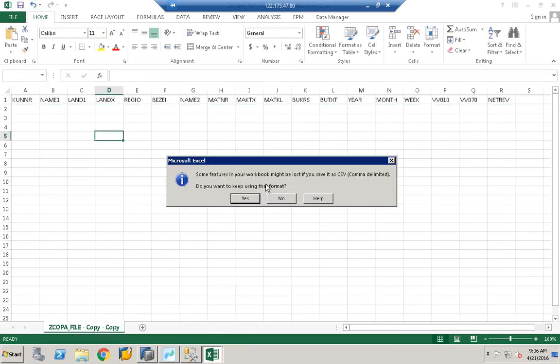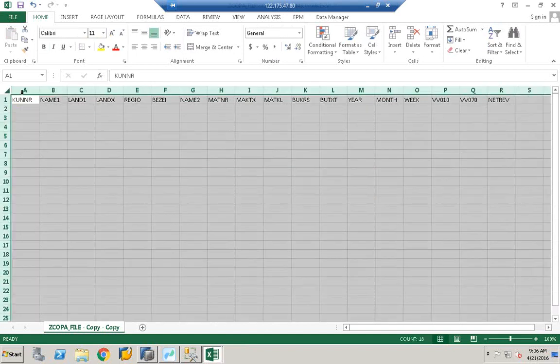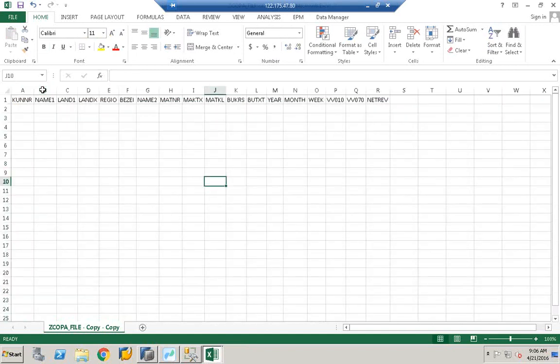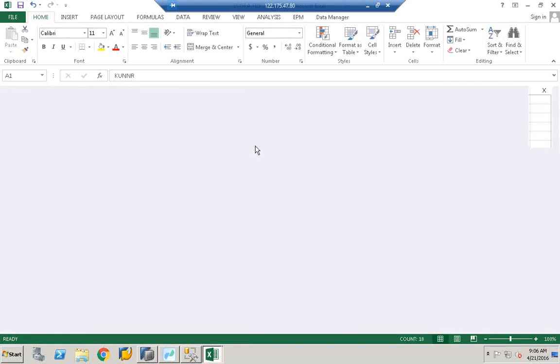Let us click save. Yes. So in here you have the header of the file, and here you have header and data inside the file. So now